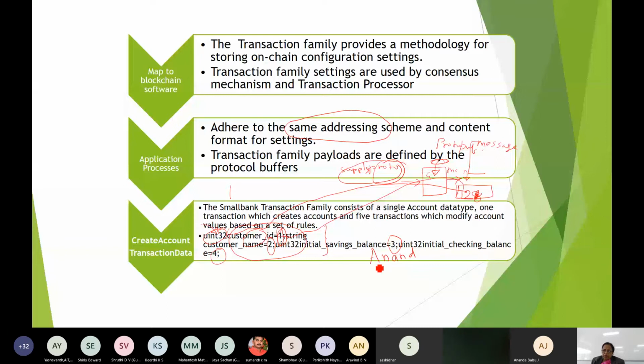So it is having 5, 1, 2, 3, 4, 5. 5 will be there here, right? And the complete binary code, I believe they are using some ASCII code format, the value of Anand will be stored here. So this is how the value of this part will be stored in the binary encoded format. Using the protobuf, we'll have to define the proper data structure for this one. That is the application designer. Okay.